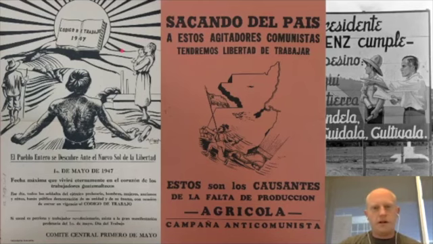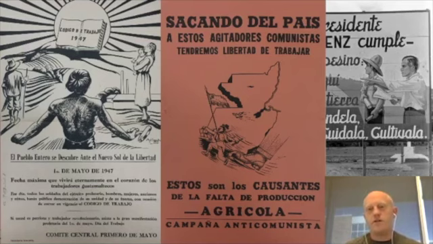This other one here is an anti-communist flyer, and these were both flyers that were disseminated in the streets in Guatemala City and other major cities. Well, there aren't many major cities, but other cities in Guatemala. It says we need to get the communists out of our country because they're making it so that we don't have much agrarian production. We're not producing as many bananas, as much sugar, and it's not bringing as much money into the country,